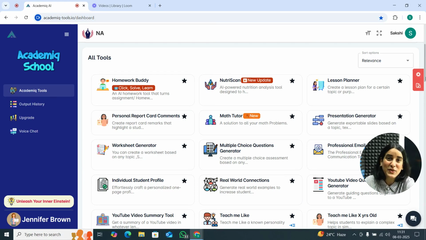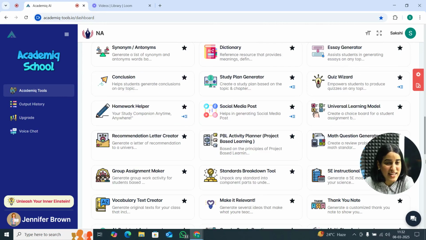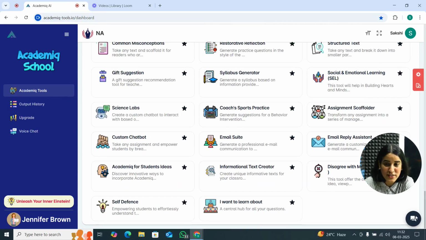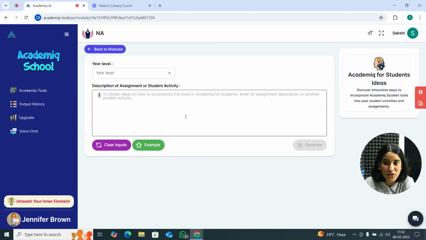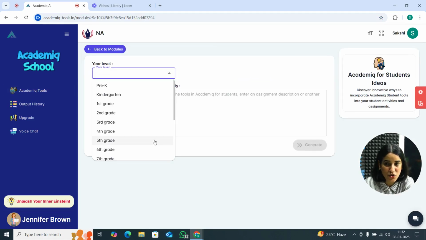That's right. Now, this tool helps you discover innovative, creative, engaging ways to use the Academiq Students tool in your studies, making learning more interactive and effective. To access this outstanding tool, all you need to do is look for the tool named Academiq for Students ideas. Once you click on it, all that you have to do is select your